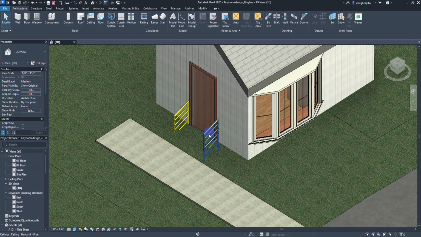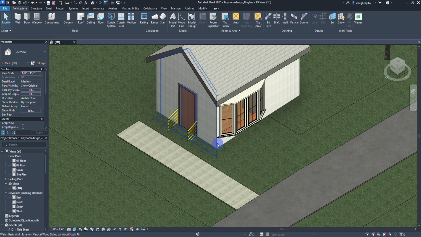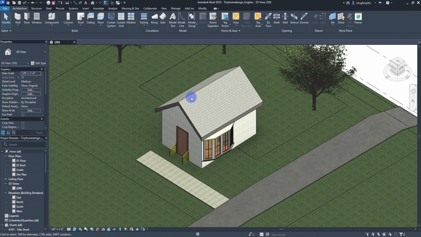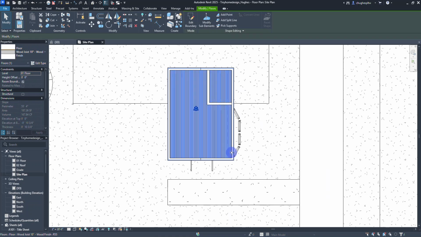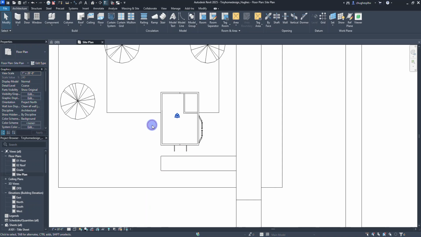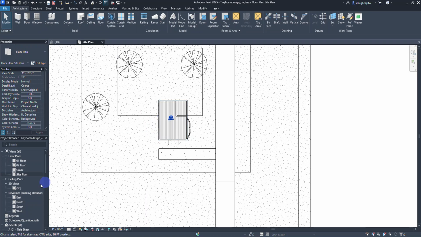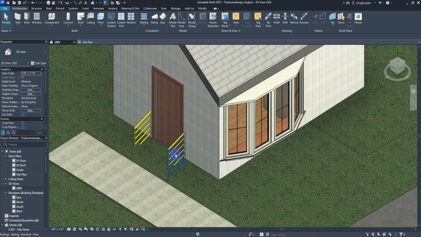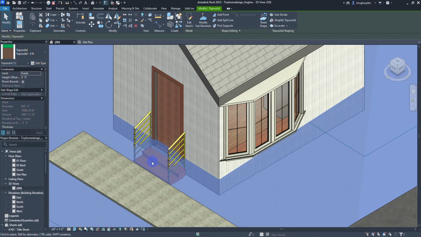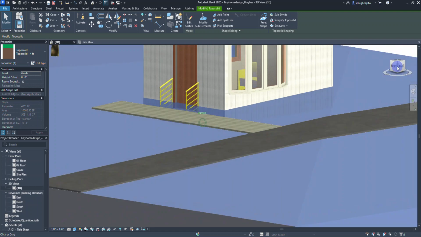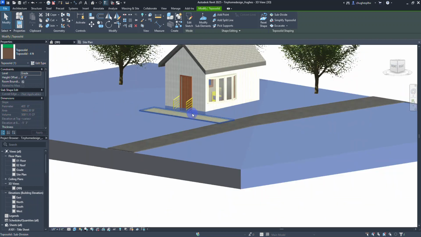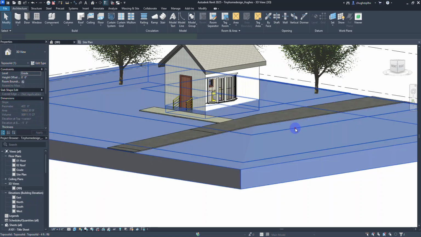I can also take a look at, for example, if I select the actual shed itself, which is probably best done in the site plan, you'll see that I can select a floor or any of the stairs. I'm going to move to the 3D view just to show you. Every item, like here's a handrail, and you can see my stairs are now embedded below, and even then the topo solid is interfering with the door. So I might have to put in a couple more points,